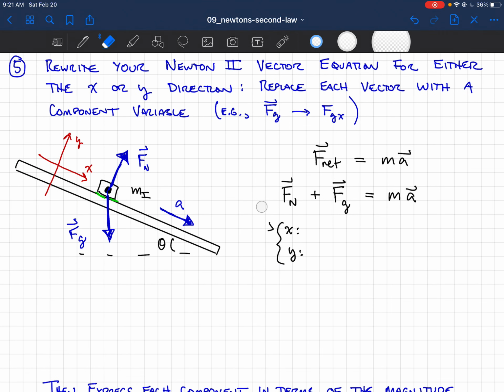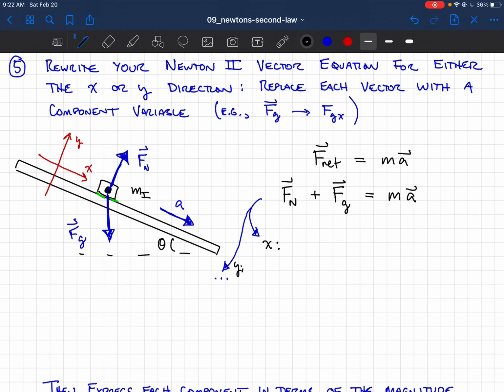So the next step says, I'm going to erase this little piece because that's exactly what we're going to do. You want to rewrite your Newton's second law vector equation for either the x or the y direction. And what that means is just to replace the vector symbol with a component variable. So for example, you take the Fg vector and you change it to Fgx. So let's do that. So this vector equation is going to become an x equation. And then later it will become also a y equation, but we'll leave that for a moment. So in the x equation, we have,